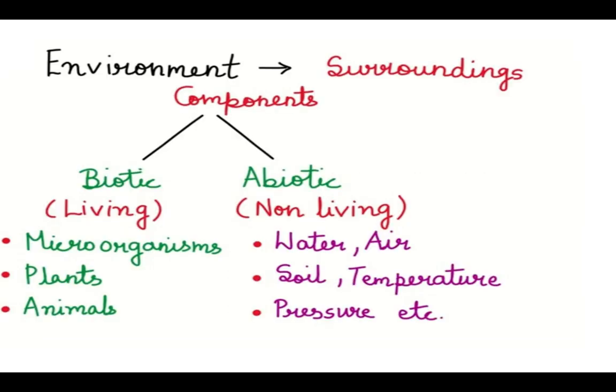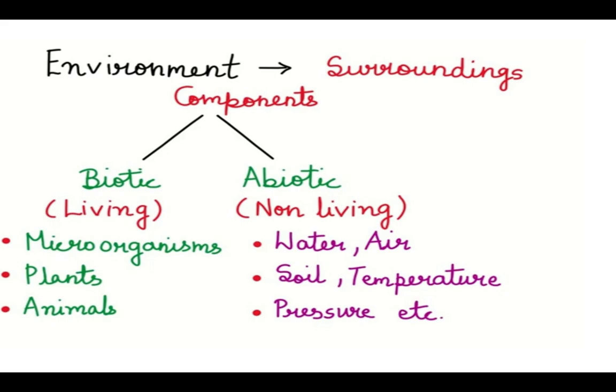What is environment? It means the surrounding area or the matter which is around us. So what are the components coming under this environment? There are two components. What are they? Biotic and abiotic components. Biotic means living components. Abiotic means non-living components. So we are living in an environment and many things are around us. These are of two types, biotic and abiotic.